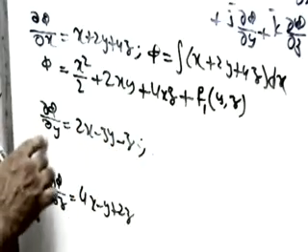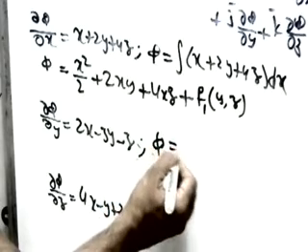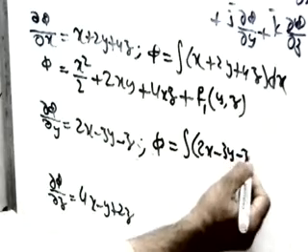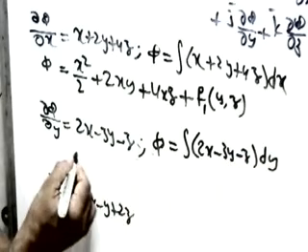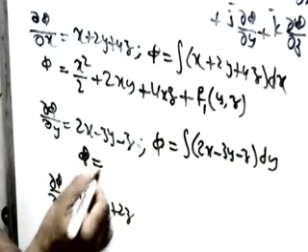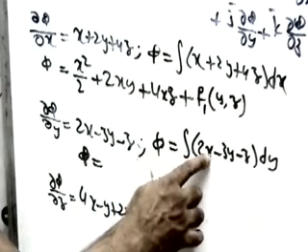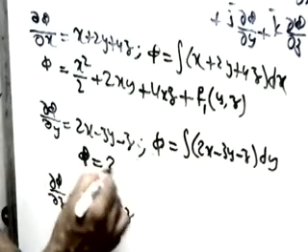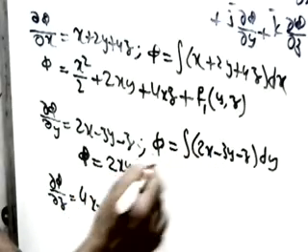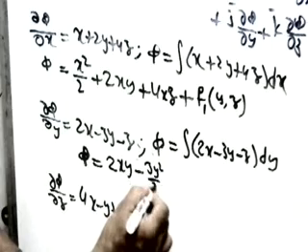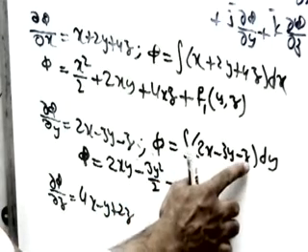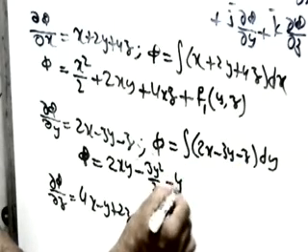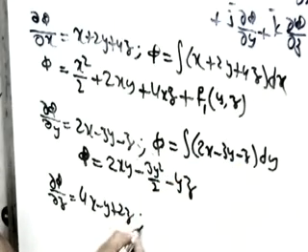In the same way, let me integrate here. If we integrate here, integration and differentiation will cancel. Phi equals the integration of 2x minus 3y minus z with respect to y. From this we get phi equals: we don't have y in the first term, so integration of 2 will be 2y. So this will be 2xy. Integration of y is y squared, so minus 3y squared by 2. And integration of z with respect to y, z is a constant, integration of 1 is y, so yz.